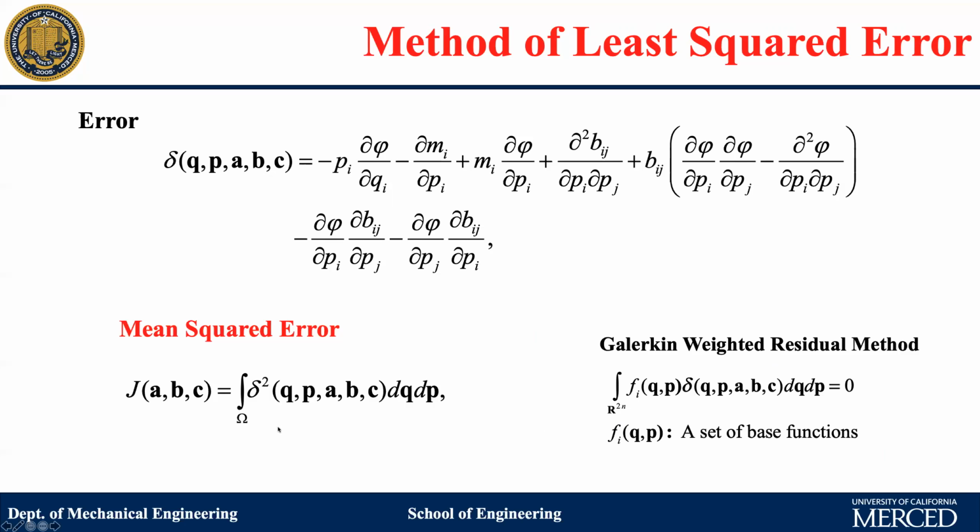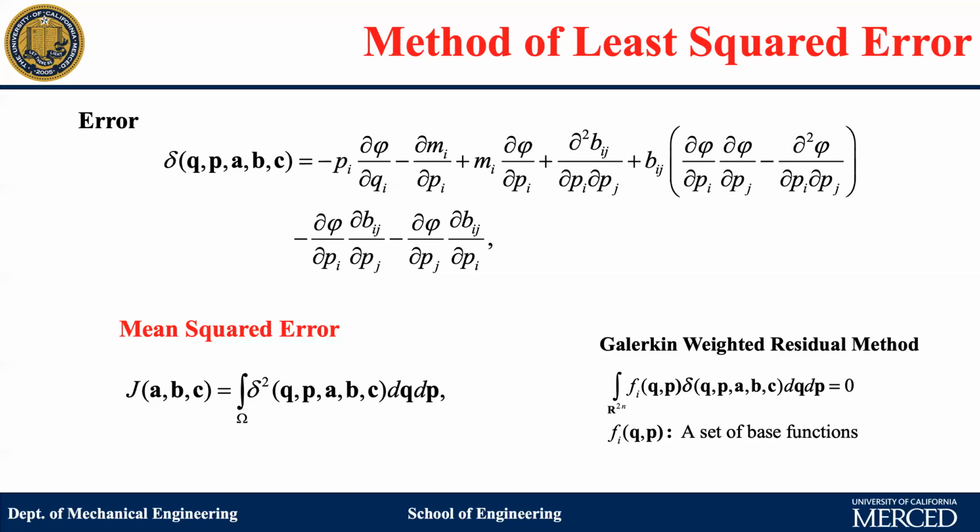Once we integrate the error over the state space domain sigma, the state variables Q and P disappear, so this J would be a function of the coefficients A, B, C only. From here, you can set up a minimization problem, and it comes up with a set of nonlinear algebra equations to determine A, B, Cs. That is essentially the whole solution process.